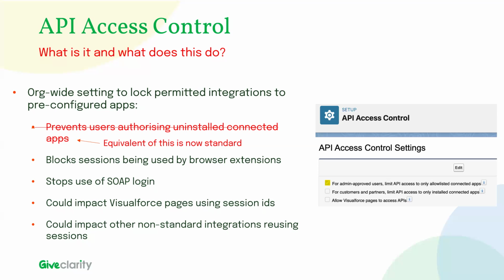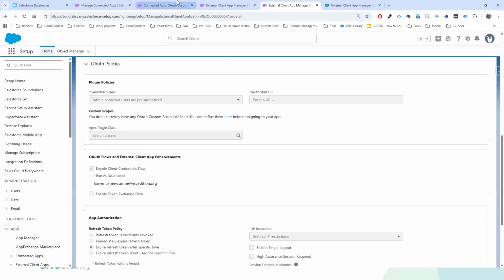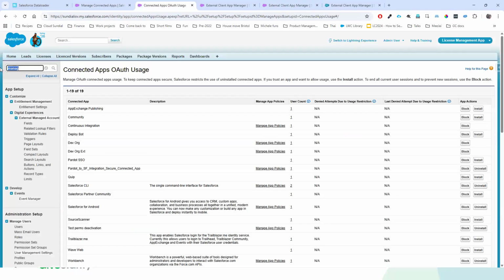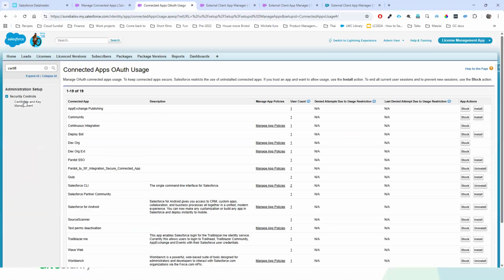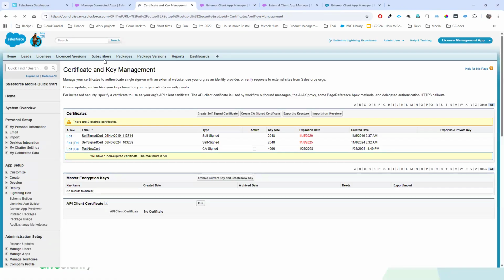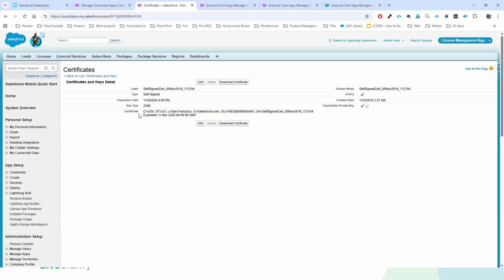I was going to make a suggestion about this. Lawrence, can you share your Salesforce? Have you got a certificate we can look at? I had this exact question. There were a lot of expired certificates in a number of orgs. If Lawrence opens maybe that very top certificate. Yeah, that's what mine look like, and they're named that way.